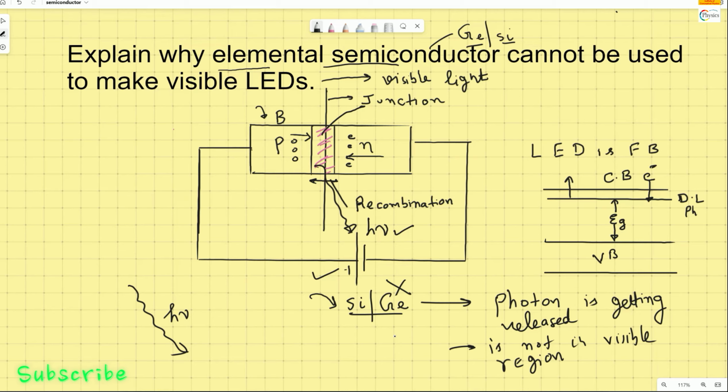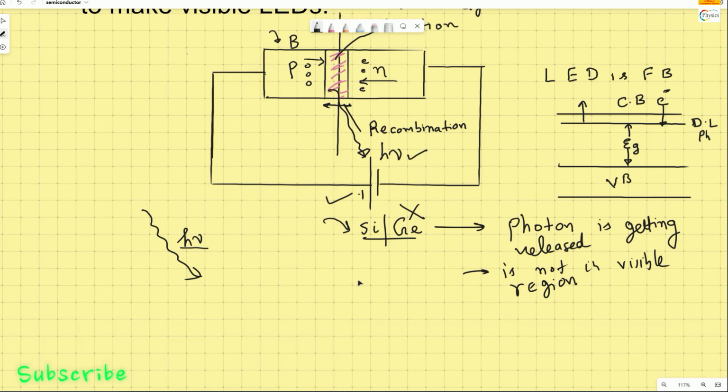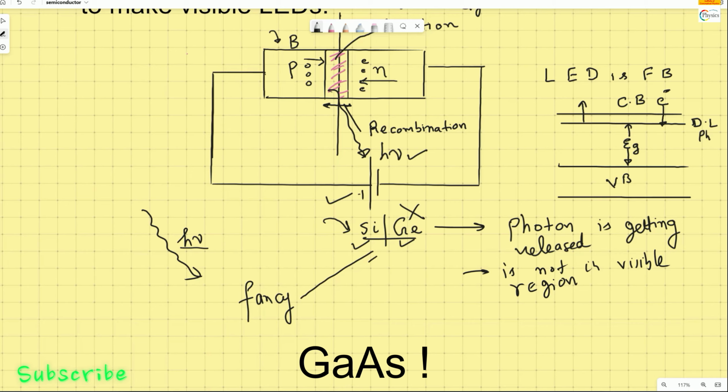Some frequency or wavelength is associated with this photon. It's not visible. Then how do you overcome this? The way you overcome this is that you have to get some fancy material, right? So if you look into some fancy material used for making the LEDs, do some engineering, and replace the elemental silicon and germanium with some fancy semiconducting material. You will see the examples of gallium arsenide and all that. So those are the ones that release a visible